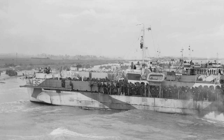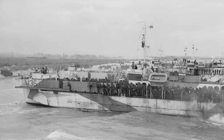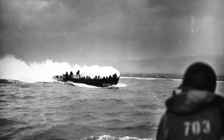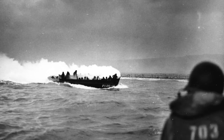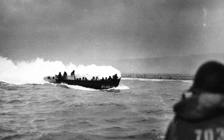There were some medics and men who were on ships that would receive the wounded and dead soldiers who had been pulled onto the boats. When the landing craft got back, some of the landing craft were carrying the remains of those who had been killed by German bullets, and they hadn't even disembarked the ships. Those who were in the next wave could see this and would be shocked, but as the Allies took control